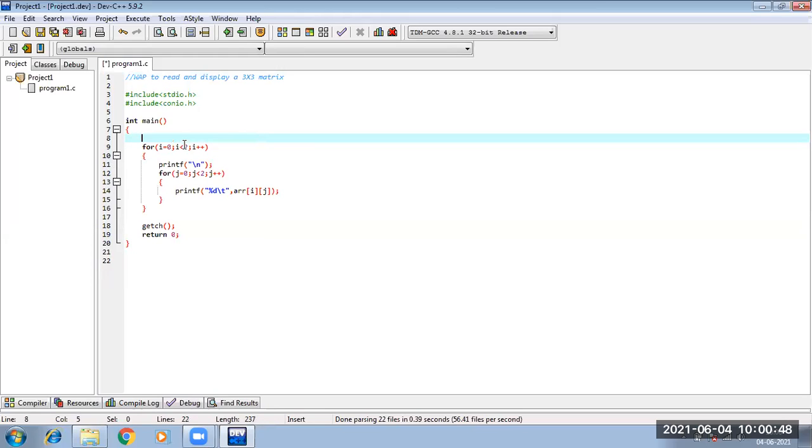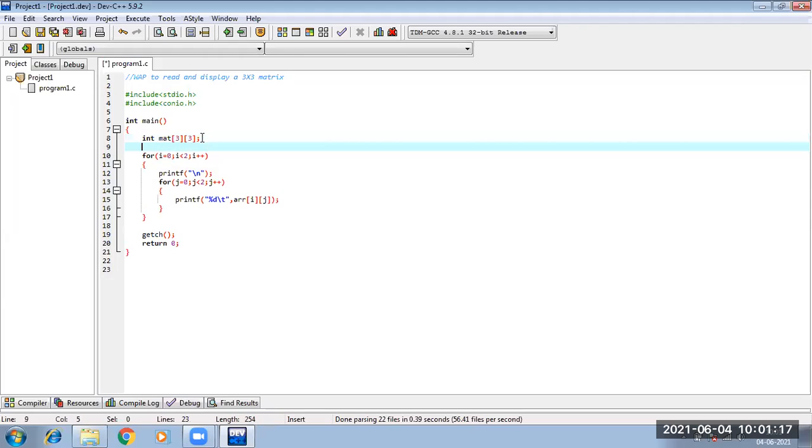So first I will define my 3D matrix. Suppose let the matrix name be mat. I am just writing it like this, mat 3 by 3. Fine.